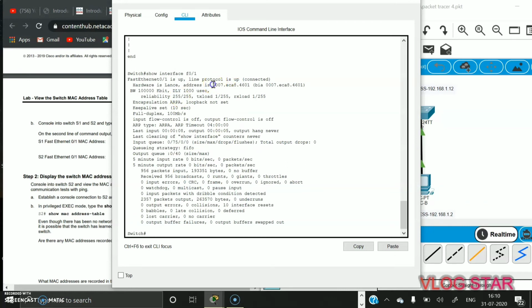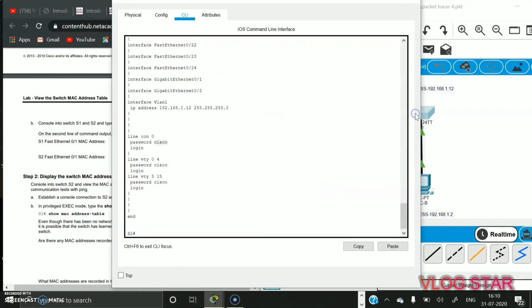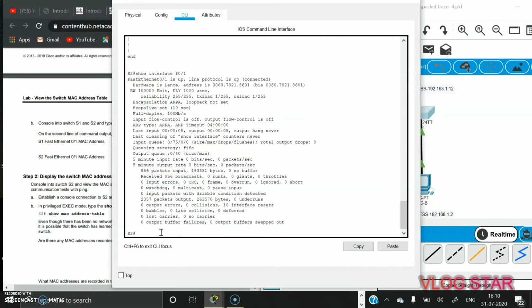So here is the MAC address for S1, and now we will see in S2. Show interface F0/1. So here is the MAC address for S2.